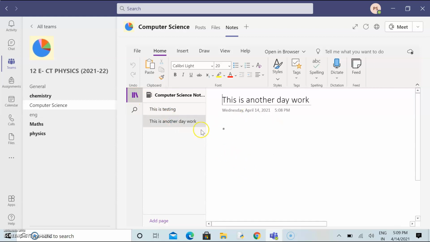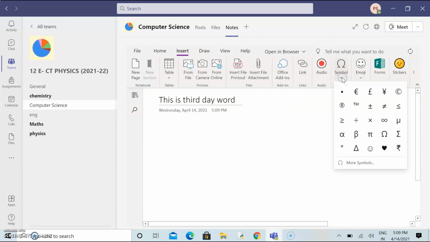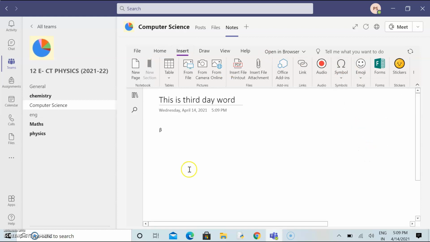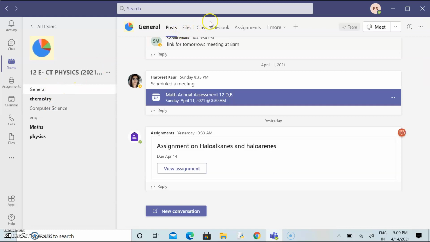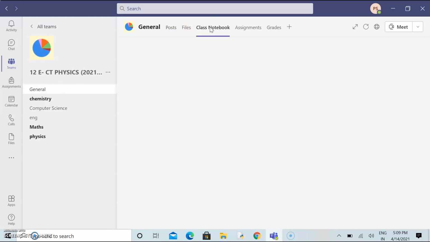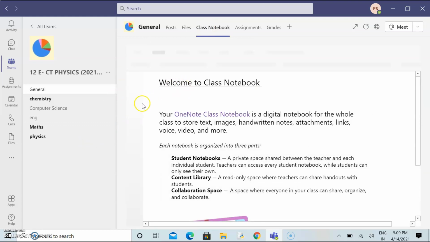In this way, the teacher can use the general option to do the work, or if you want to do the things here also. If you want to give any play, this is third day's work, or if you want to post anything, for the time being I'm just pasting it here. And if I want to see again, going back to the general channel and just checking the things, in this way we are just linking the work, so it will be easier for us.